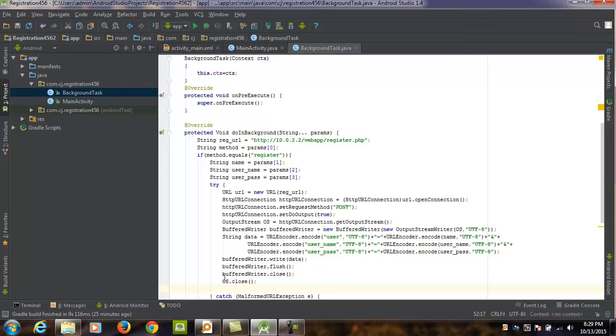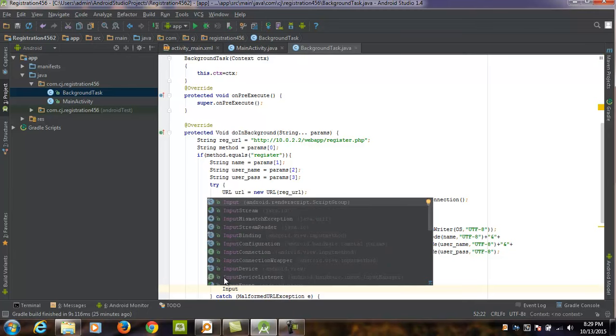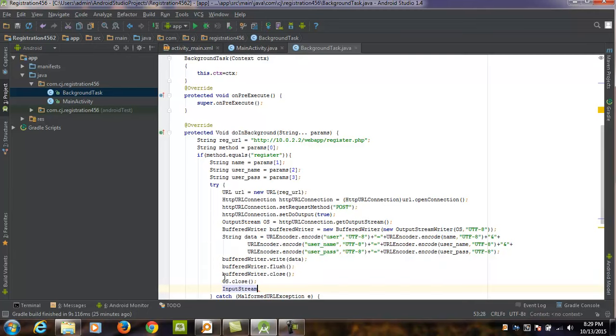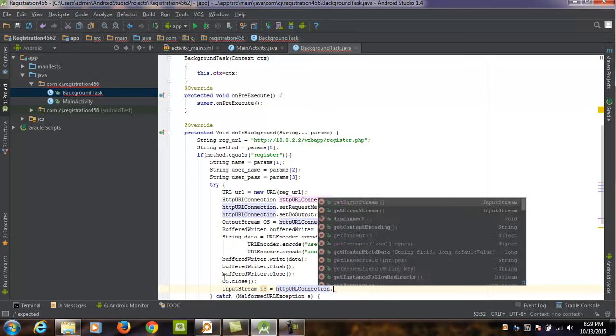Now once we enter data into the database, we should get a message telling that the data which the user enters in the text field has been successfully entered. Otherwise the user will keep on clicking the button. So in order to do that, we'll have to display an input to the user. To display an input, we use an input stream. Okay, and that will take the object HTML URL object get